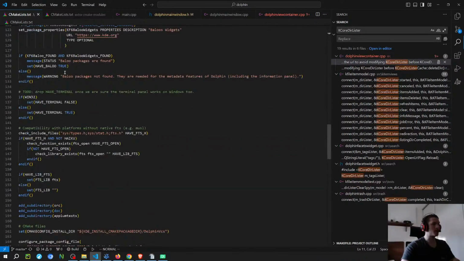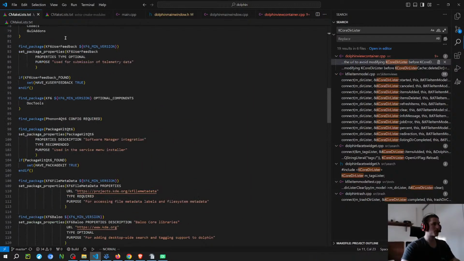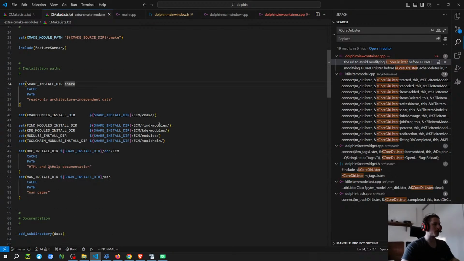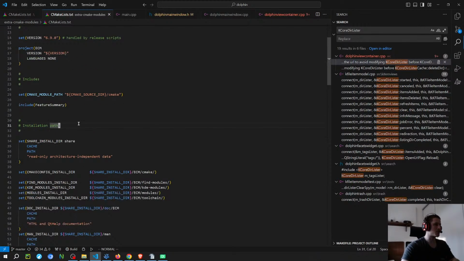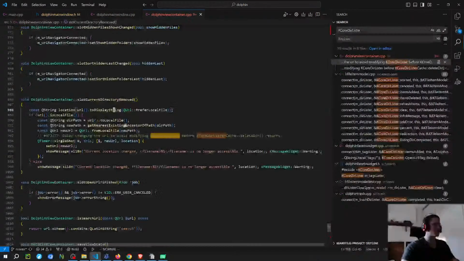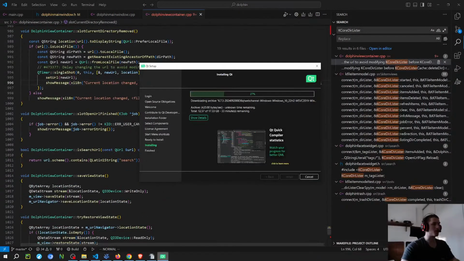So this is the main CMake that they have in the source code, and it requires these extra CMake modules. And when you try to install this, it's not finding Qt, so I have to install Qt. And to install Qt, you have to create an account. And it also takes a massive amount of memory. So, you know,